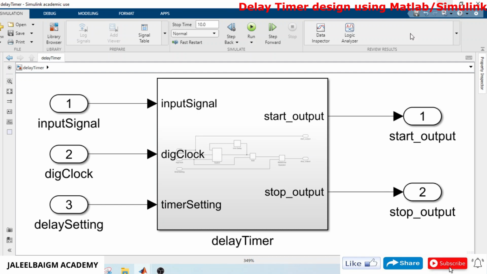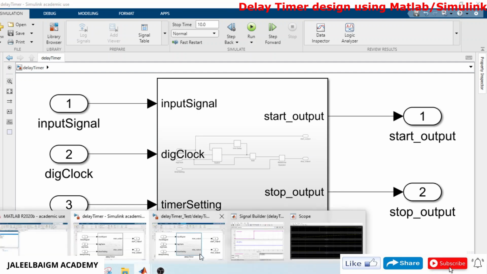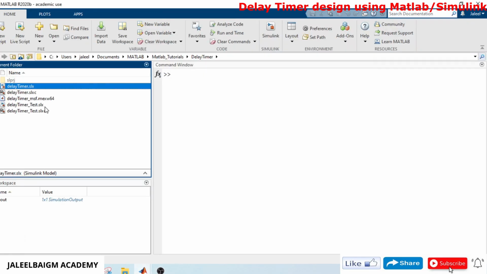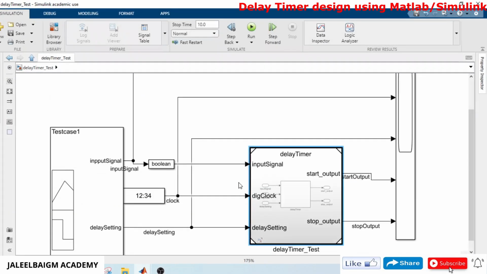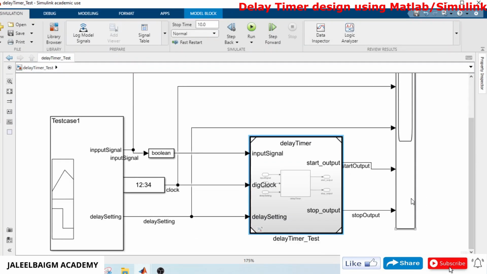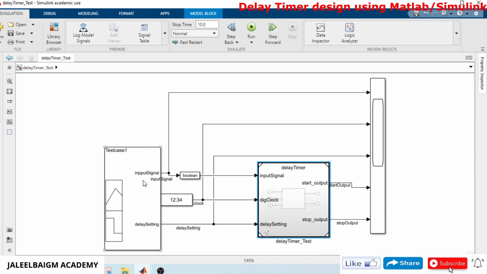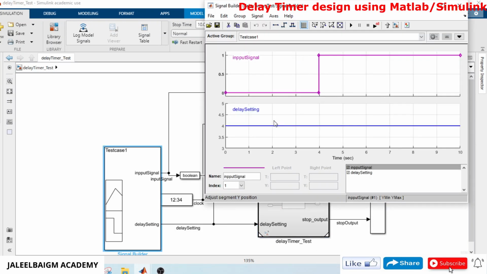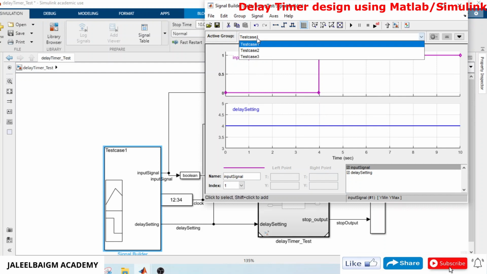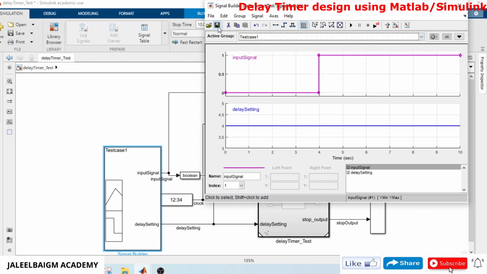To test this, I have created a test harness block with two input signals, the input signal and the delay setting. I have created three test cases. We'll check them one by one.